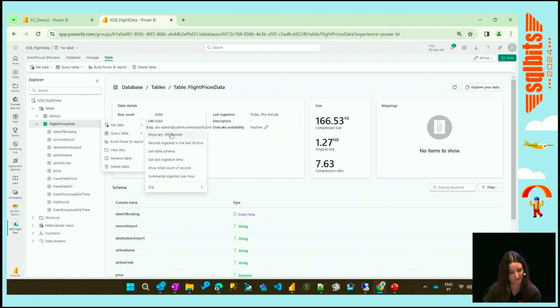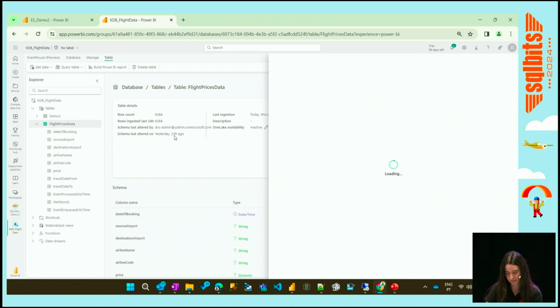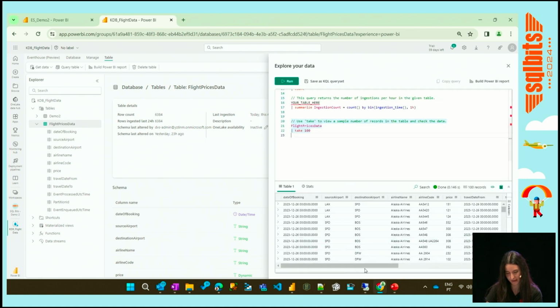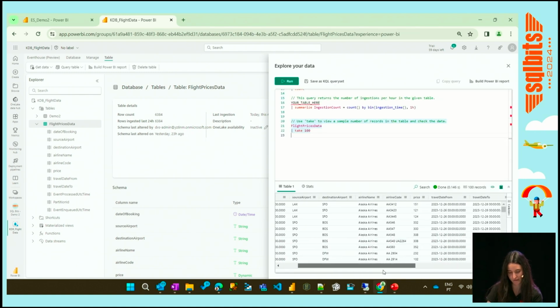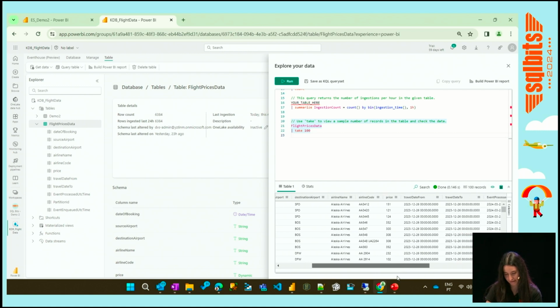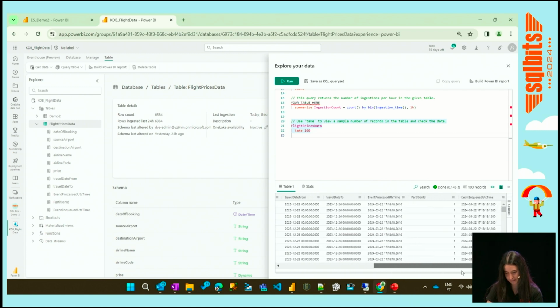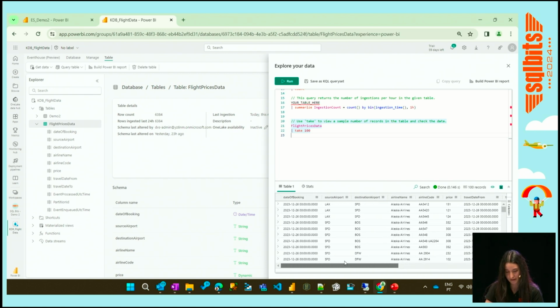And you have some samples that the tool gives you already. So let's say the select first records, and we can see some of our data here. So we have source airport, destination, airline, the price, and then the dates, and the event dates as well. So, for instance, the keyword top is a take in this case. But let's say if you want to use a select, you can use a project keyword. And you could select maybe